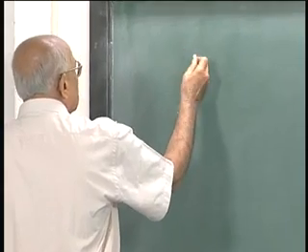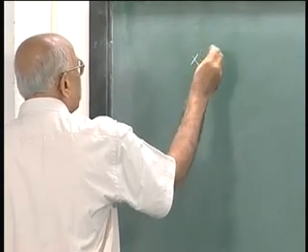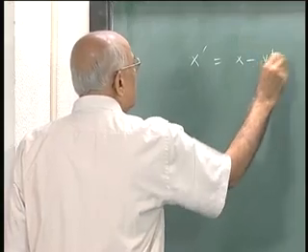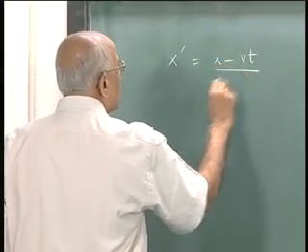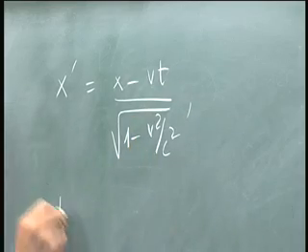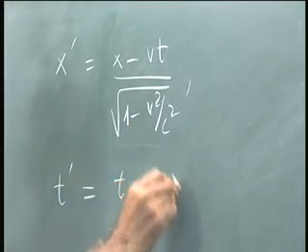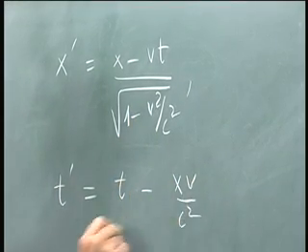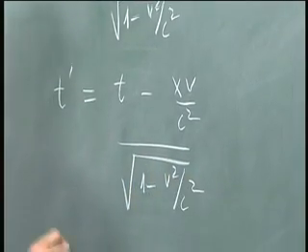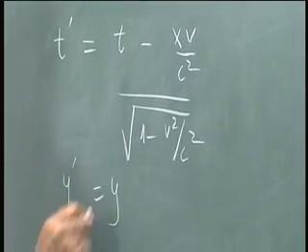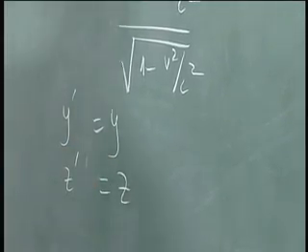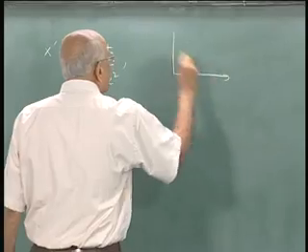For instance, if you look at a transformation where x prime is x minus vt over square root 1 minus v squared over c squared, t prime is t minus xv over c squared over the square root, z prime equal to z. We have in mind something where a frame,